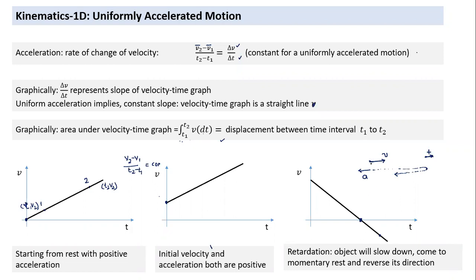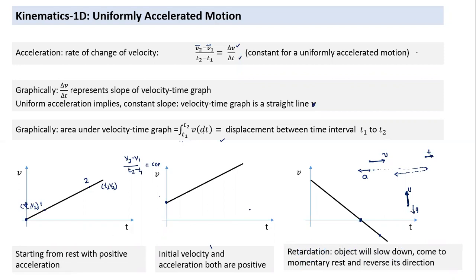Whenever, in case of uniformly accelerated motion, velocity and acceleration are opposite to each other, as happens in the case of an object which is thrown vertically upwards under gravity. What happens in case of gravity? We give upward velocity, but acceleration is acting downwards. Hence, the object slows down and comes to a momentary rest position. Why do you call it a momentary rest position? Velocity has become zero. But how long does the velocity remain zero? Only for a moment. That's called a momentary rest. And this is a very simple but important point. Retardation: the object will slow down, come to momentary rest and reverse direction.